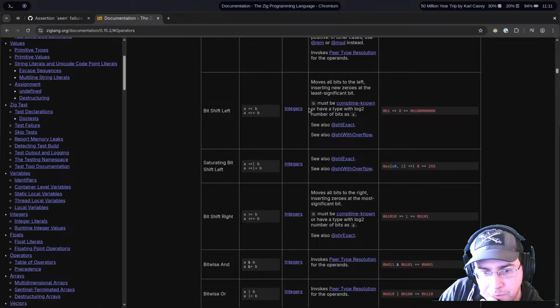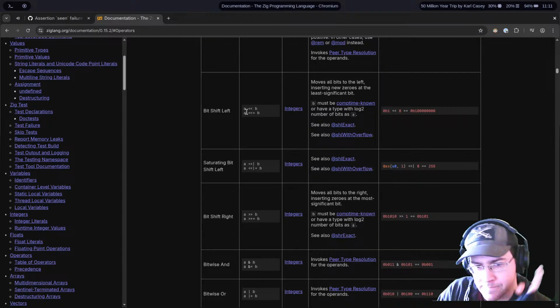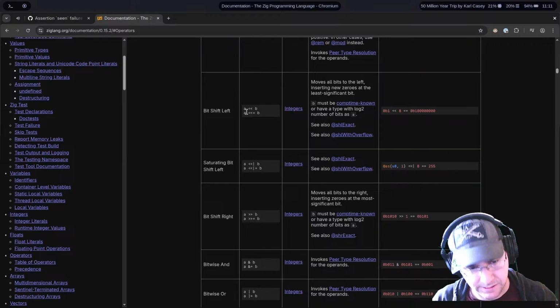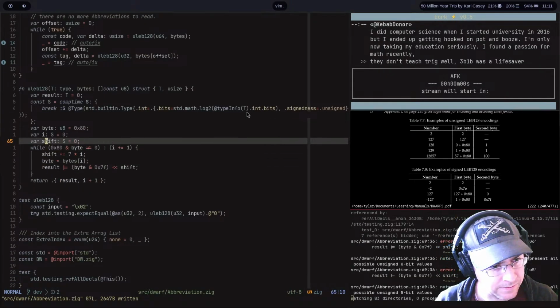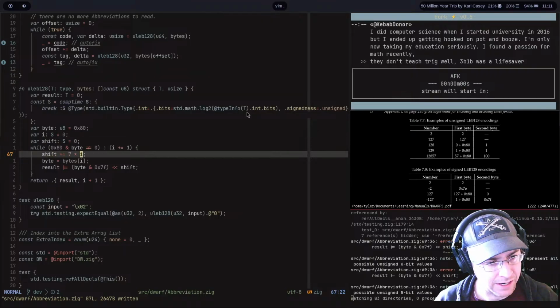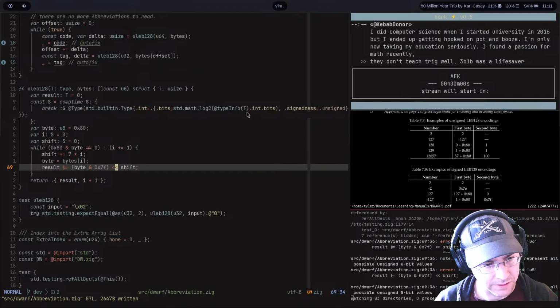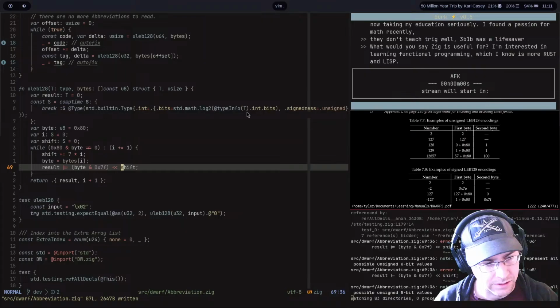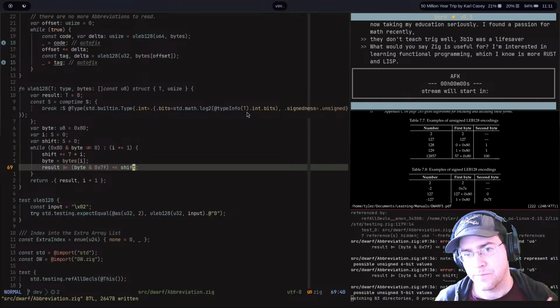B must be comp time known or have a type with log2 number of bits as A. Okay. I can deal with that. Because B is not the shift here, the shift here is